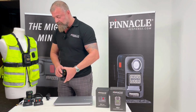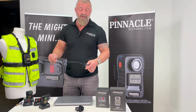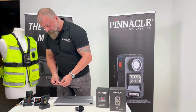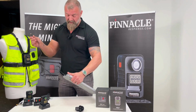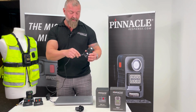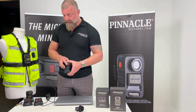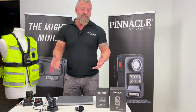Now, very simply, we provide all that's needed really to offload that footage to the PC. So, a simple USB cable, the smaller USB on one end, the larger on the other. One goes into the PC. This PC actually has 2, so you could plug 2 cameras in at once, and you could be offloading footage slightly quicker. And on the back of the dock, there's another connection as well for the smaller end. So you just simply drop it into the dock, and that would allow the camera to push the data straight to the PC. So once it's finished, then it would be decrypted, and you can just view it and